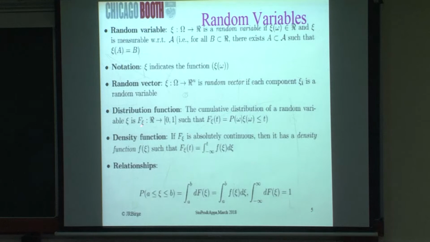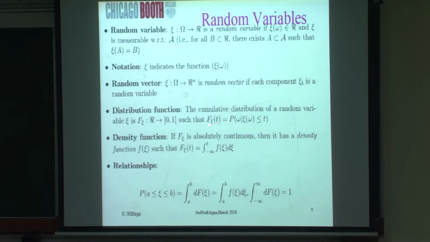So capital F of C takes the real numbers, and again, it's a separate mapping, and it maps them into a number between 0 and 1. The way to think about that is that at any point t, this is the distribution function